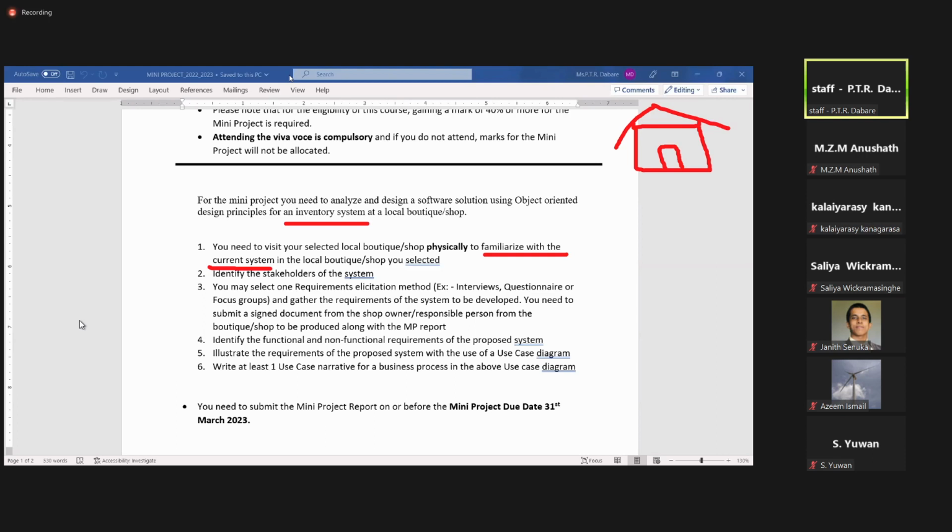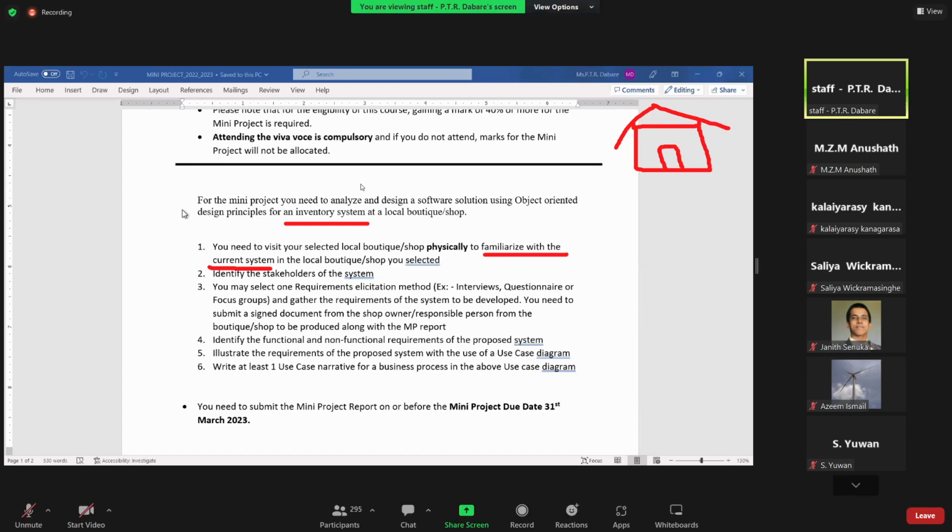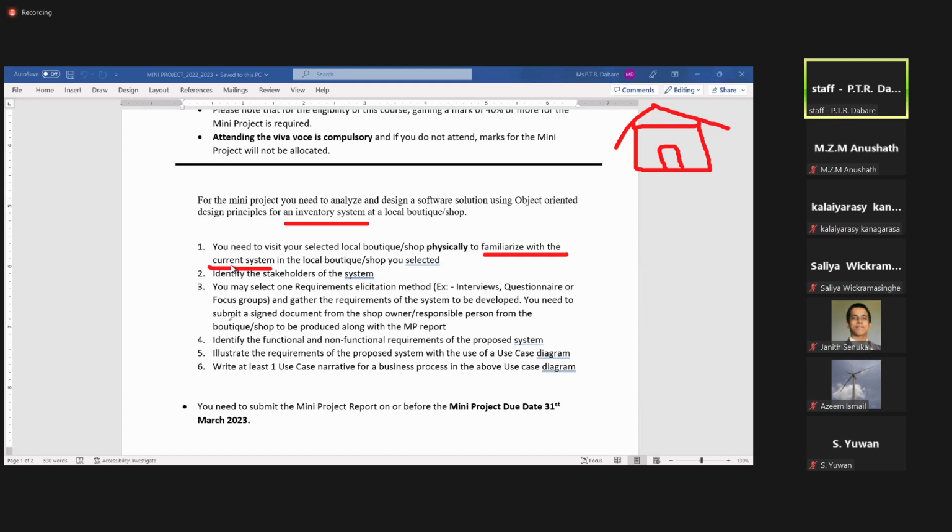So you identify the stakeholders of the system. Then you may select one requirement elicitation method: interviews, questionnaire, focus group, and gather the requirements of the system to be developed. Right? Now, when you are getting details,